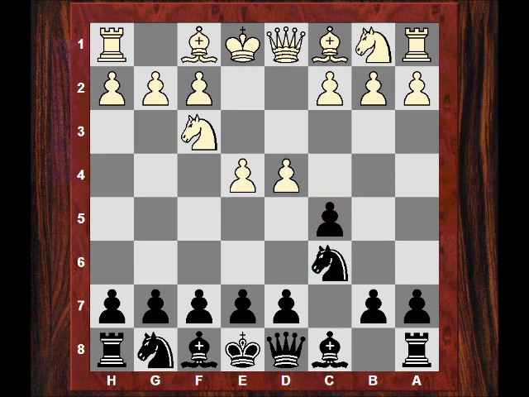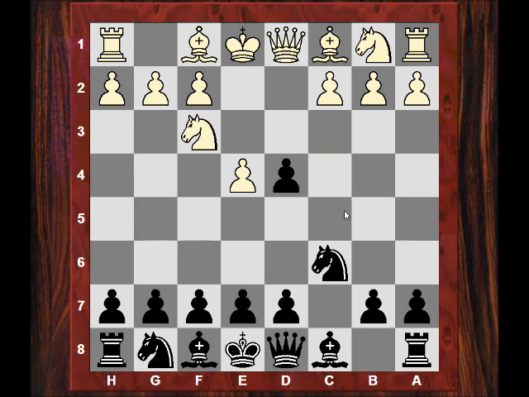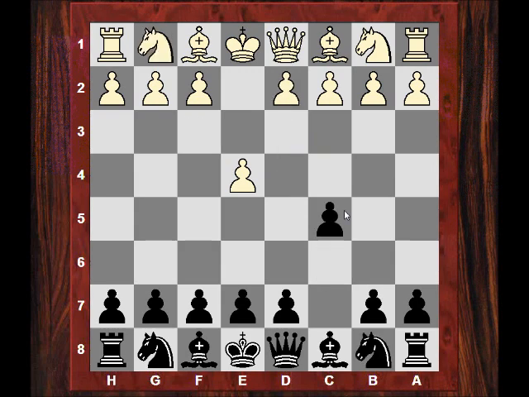There's another name for it, there are specific names for all these lines. But if you, for example, wanted as white to play the Sicilian Dragon, then you're talking about loads and loads of theory.